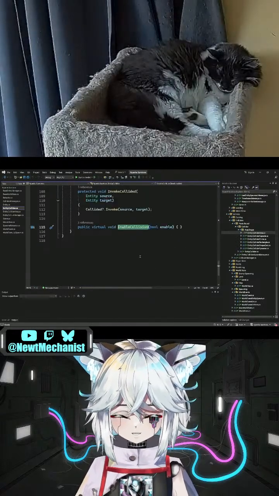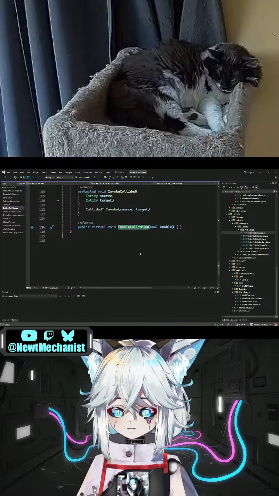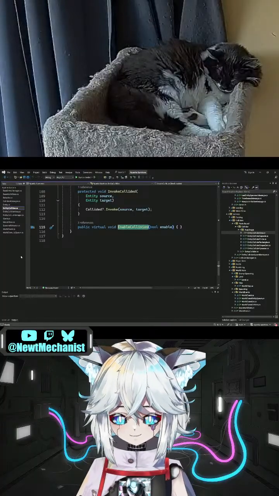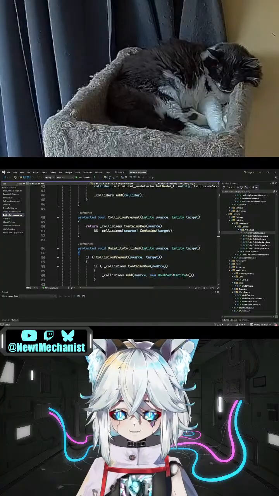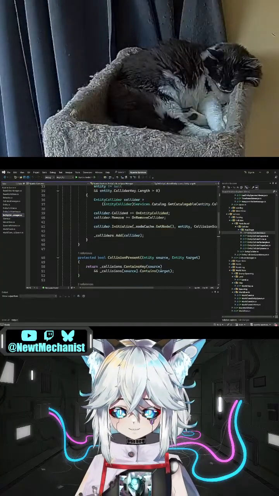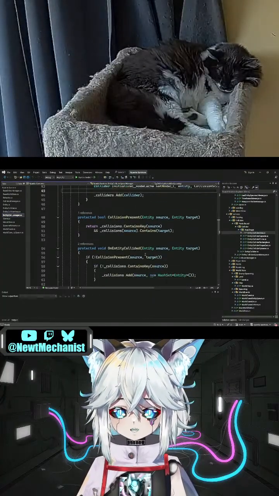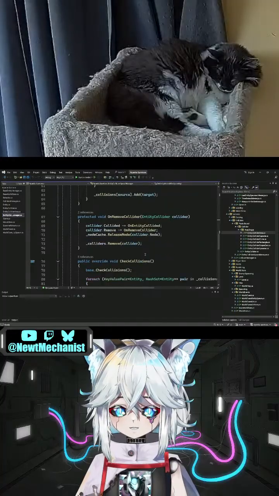Instead, we're going to, okay, what that's doing. Initialize, we add